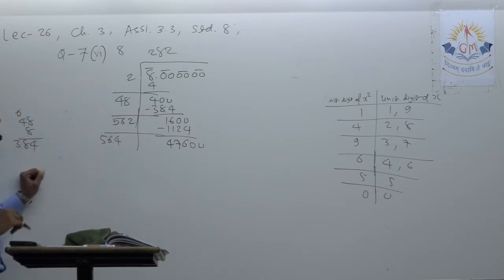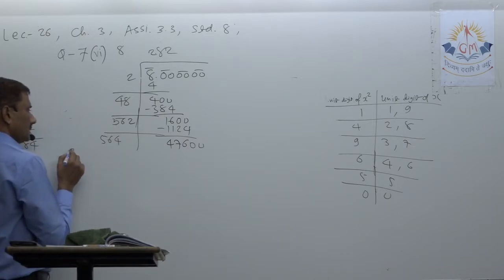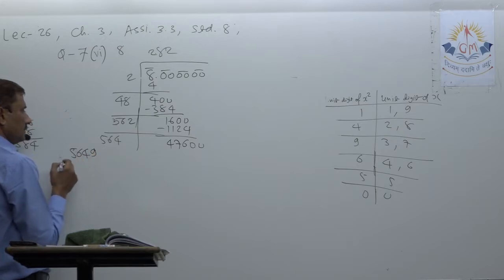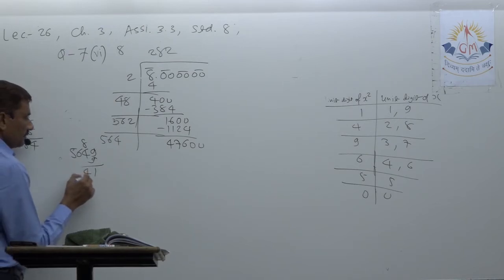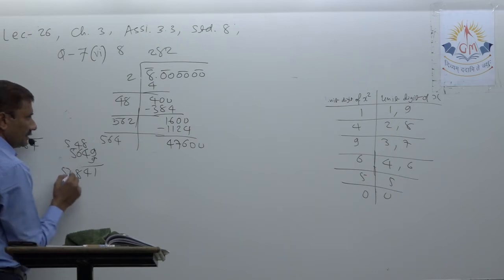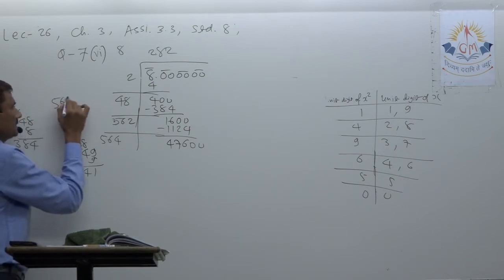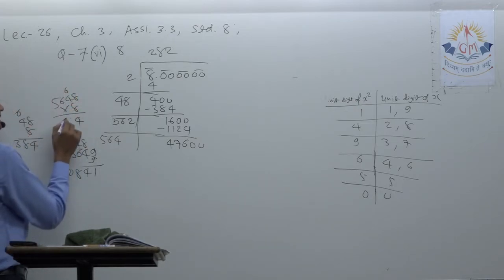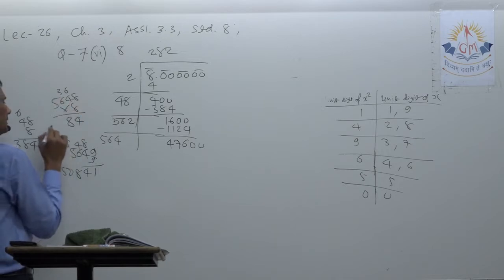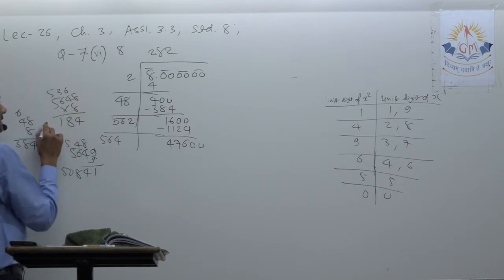Now write 5641 into 1, 5642 into 2, like that. Okay, 5 fives are 25, 5 sixes are 30, 5 sevens are 35, 8s are 40, 5 nines are, so let's try here 5649 into 9. 81, 8 nines are, 4 nines are 36 plus 8 is 44, 6 nines are 54 plus 4 is 58, 5 nines are 45 plus 5 is 50. It is quite more. So 5648 into 8. So 8 eights are 64, 4 eights are 32 plus 6 is 38, 6 eights are 48 plus 3 is 51, 5 eights are 40 plus 5 is 50.